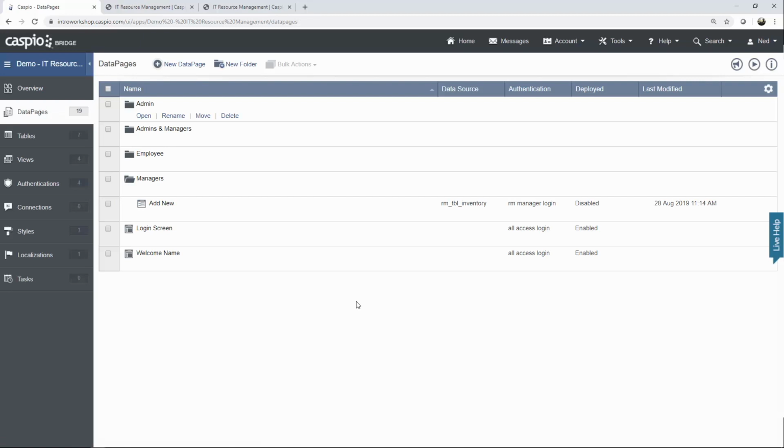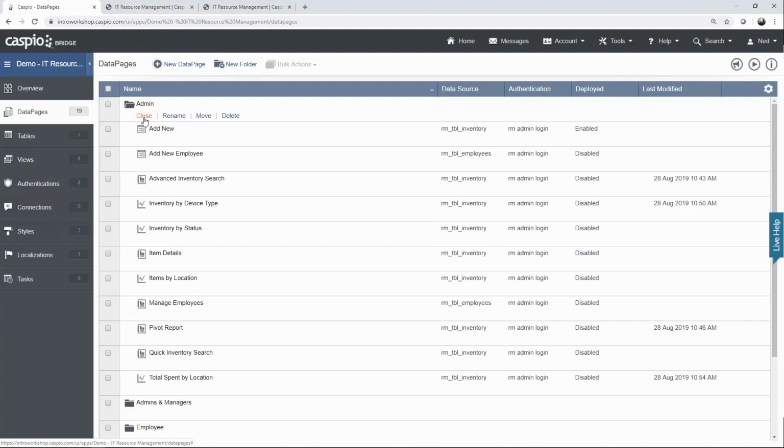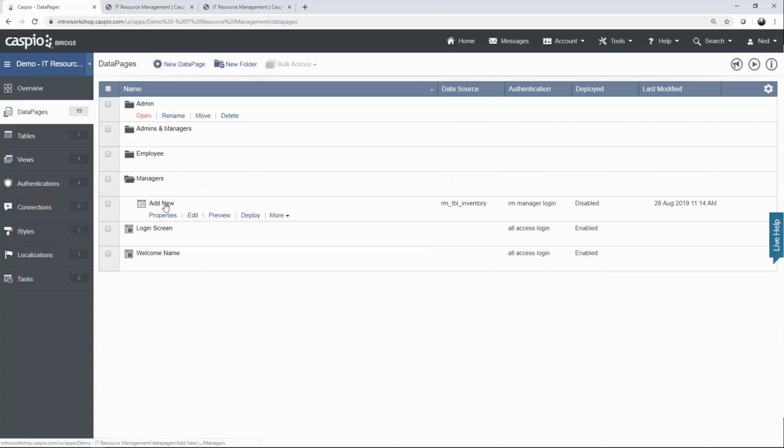We have 3 more data pages to build, but I'm not going to show you how to build the last 3 data pages. Hopefully by now you know how to do it yourself. All you need to do is go into the admin folder, make a copy of the item details, make a copy of the advanced inventory search, and also make a copy of the quick inventory search. So make a copy of all 3 of these data pages, move them into your manager folder, and very important,